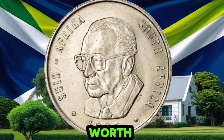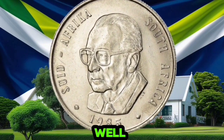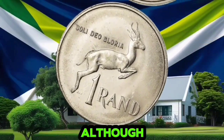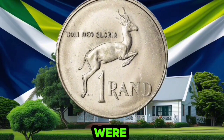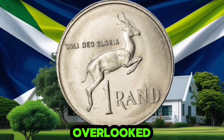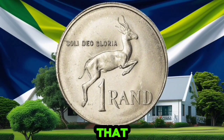Why is this coin worth such a massive $45,500? Well, rarity plays a huge role in determining its value. Although millions of coins were minted in 1985, the Viljoen design had a few rare variants that were mistakenly released into circulation. These errors were initially overlooked by the general public, but coin collectors eventually realized that certain mints had